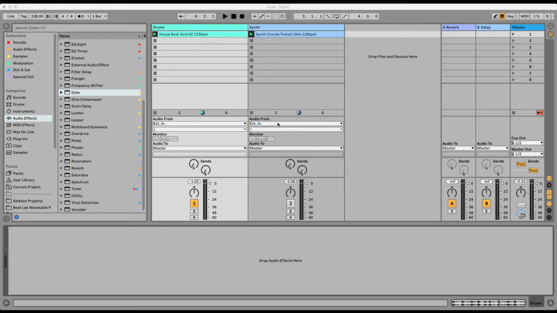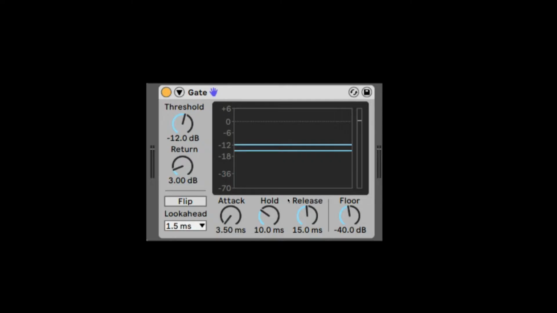Let's check out the gate effect. Here I have just a house beat loaded from one of the packs in Ableton. I'm going to load the gate on it. And essentially, we can look at it as similar to that